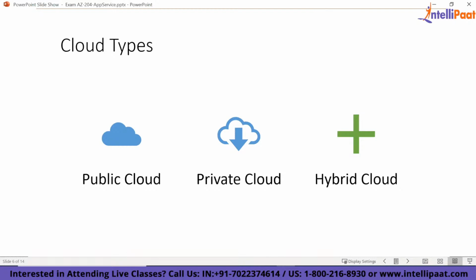So public clouds are nothing but your Azure, Amazon or AWS, or Google Cloud. So it's basically the service provider whose services you can use from the internet. So that is what a public cloud is. And private cloud is what? It is the cloud which is maintained and operated by a private entity. So maybe a bank which wants to create their own set of infrastructure, which they will give to you as their set of developers who can use it. So that's basically private cloud. And hybrid cloud is a combination of both public cloud and private cloud.